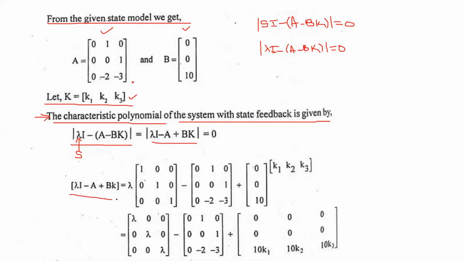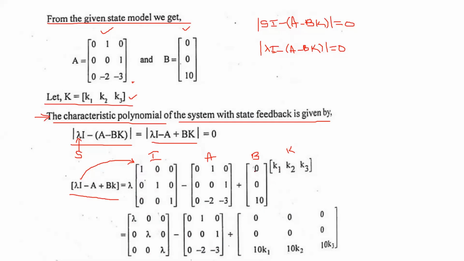What is lambda I minus A plus BK? Lambda is multiplied with the identity matrix. It should be 3 by 3: 1, 0, 0, 0, 1, 0, 0, 0, 1, minus the matrix A, plus the matrix B multiplied with the matrix K. Look at this one. Lambda multiplied with the identity matrix gives lambda, 0, 0, 0, lambda, 0, 0, 0, lambda, minus this matrix A, plus